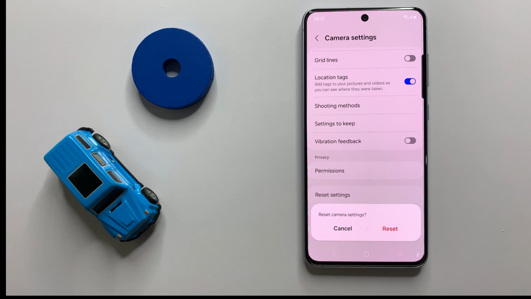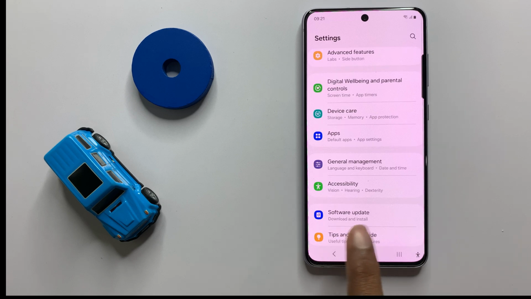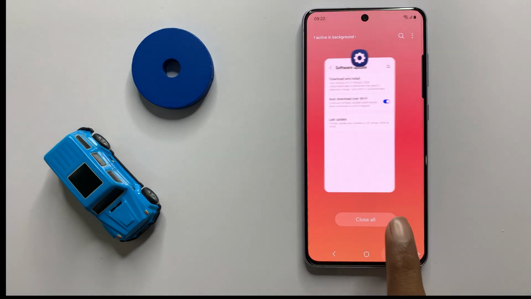After resetting the camera settings, go back to the main page of your settings and click on software update. Now here you can check whether your latest version is updated or not. If it isn't updated to the latest version, then update it to the latest version. After updating to the latest version, your problem will be